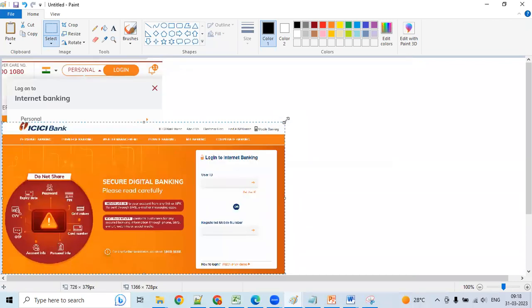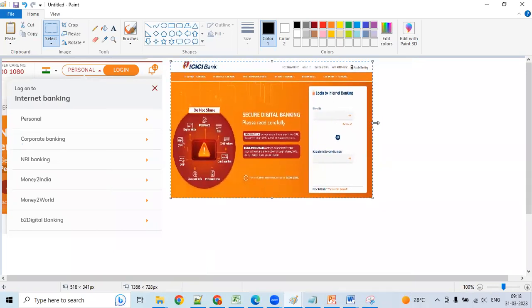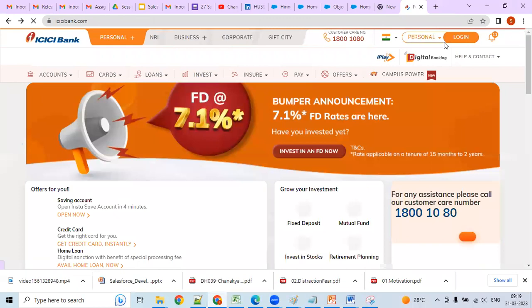It is giving some different options. If I go and click on some other banking, corporate,